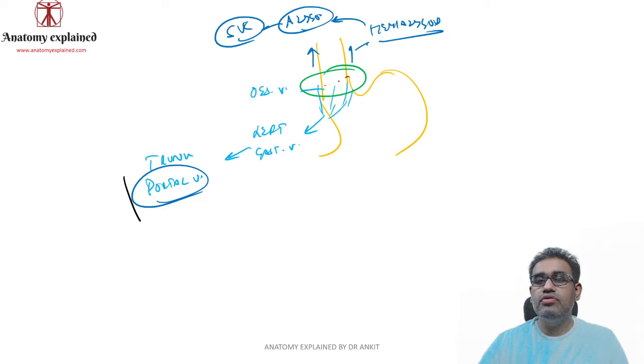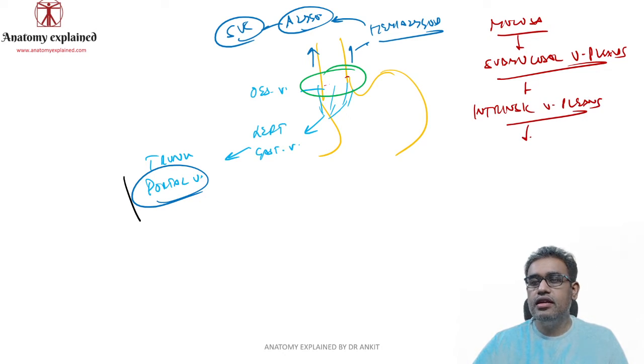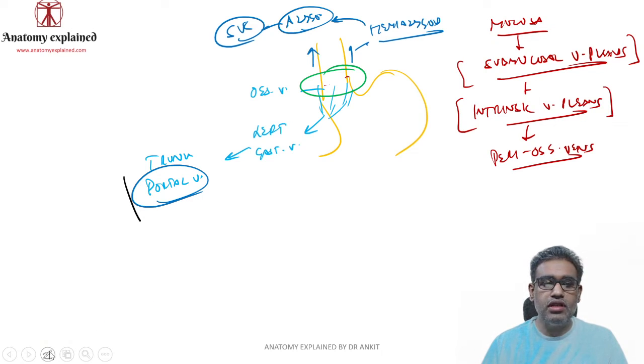Now what happens with this esophageal mucosa, gut part, histology is also important. The veins in the mucosa are drained into the submucosal venous plexus. The submucosal venous plexus goes into a deeper one, the intrinsic venous plexus, and that intrinsic venous plexus goes into the periesophageal veins. Now when the submucosal venous plexus is dilated, the intrinsic venous plexus will also dilate. Most important is the submucosal venous plexus, which is actually clinically important.